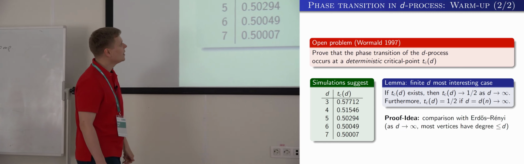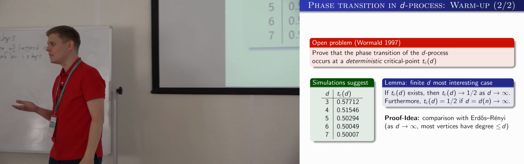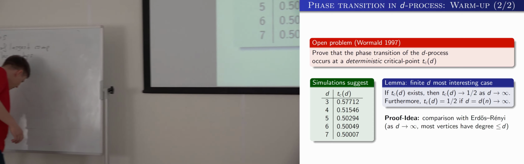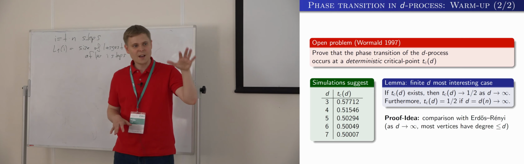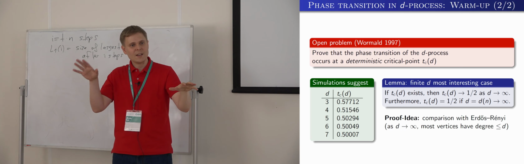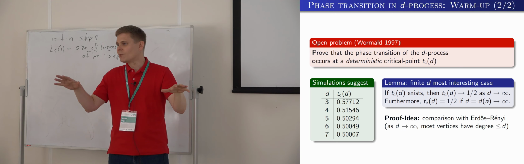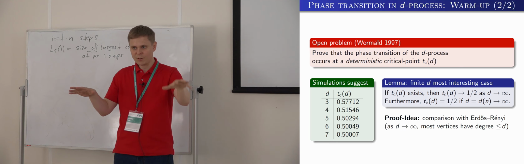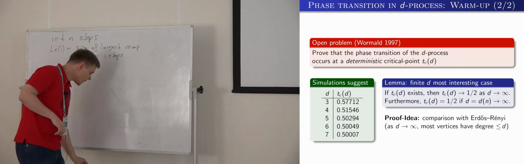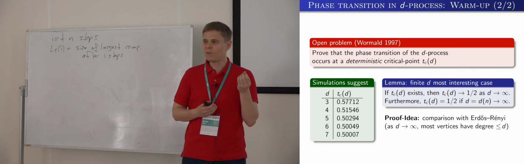Basically what I want to do now is convince you that finite D, or small D, is the most interesting case to study. To do that, let's recall: on the one hand, we have the Erdős–Rényi process, which just adds random edges to our graph. On the other hand, we have this random D process, which you can think of in a similar way, just that every now and then it rejects edges which would create a vertex of higher degree. So we have the uniform process and this D process, which rejects certain edges that create vertices of high degree. And now the key point is that in the Erdős–Rényi random graph with a linear number of edges,